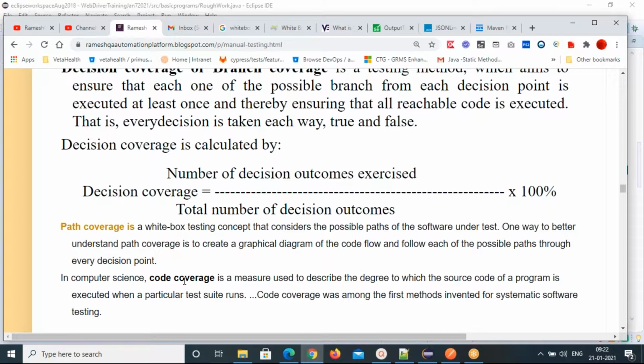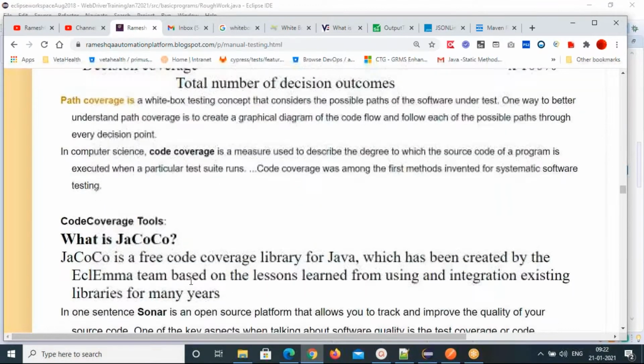How much you covered, that percentage is given by the code coverage metric. Can code coverage be calculated manually? No. There are code coverage tools in the market that will be installed on the application, and it will give you the result automatically when your test suite runs and your test cases are executed.